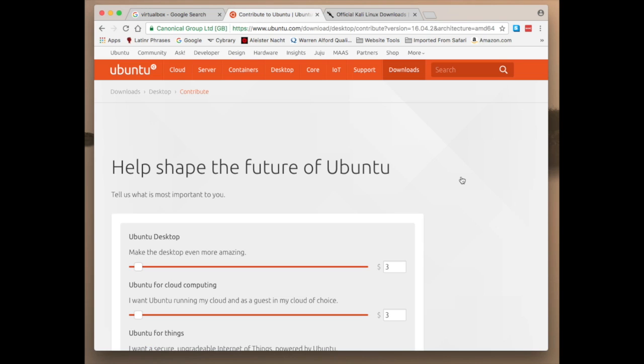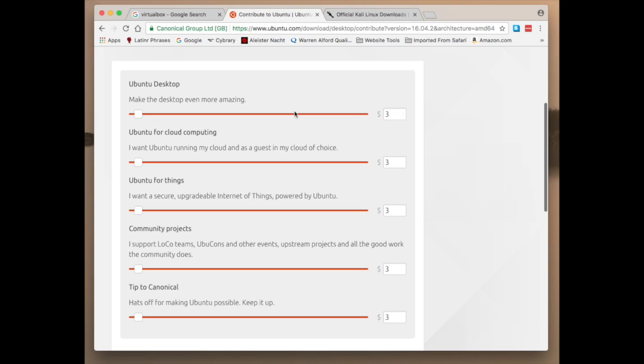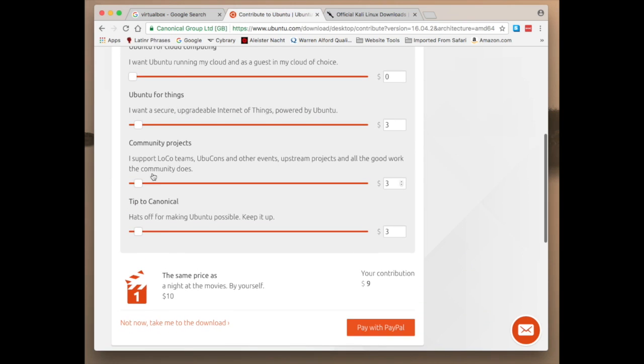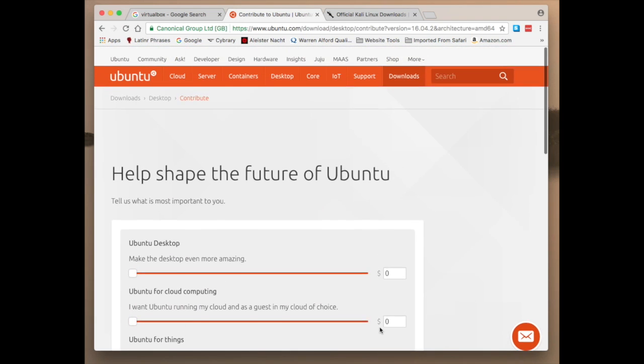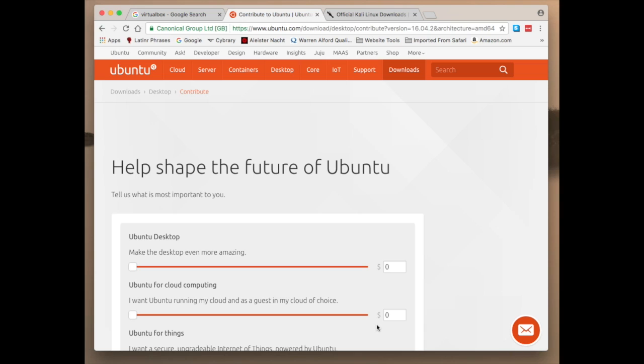You would go through all the information here. If you want to donate, you can donate, or you just pull these little sliders over to 0 and go all the way down through this. Decide what your contribution is going to be. You can skip this and go all the way to the download page here, or once you select everything to 0, this link will take you to the downloads page as well. So go through there, take a look at that, download your ISO image,